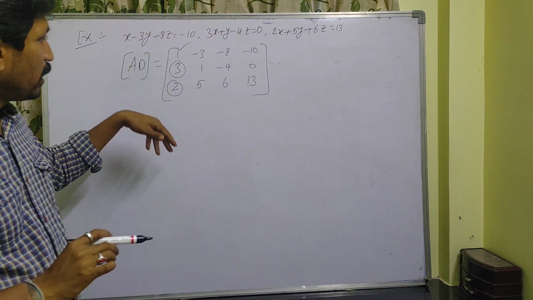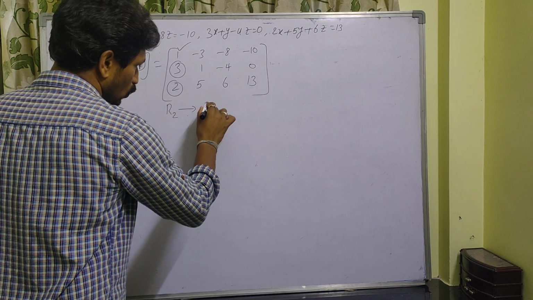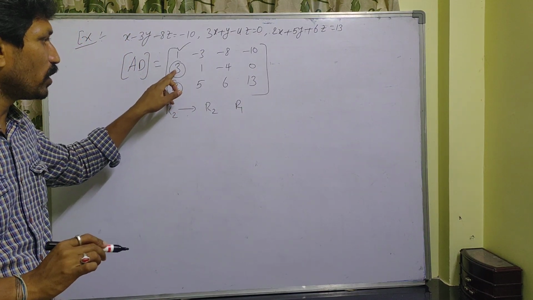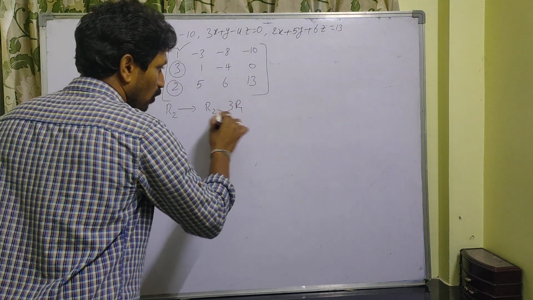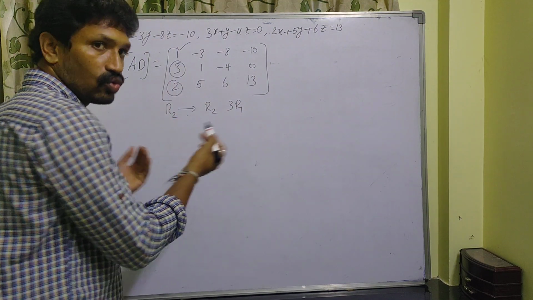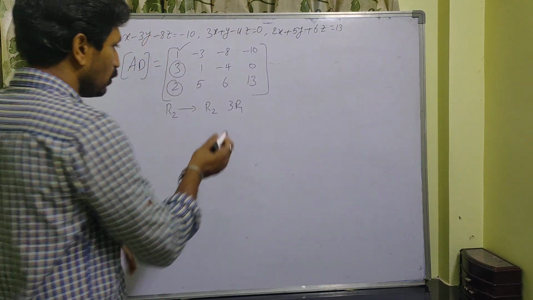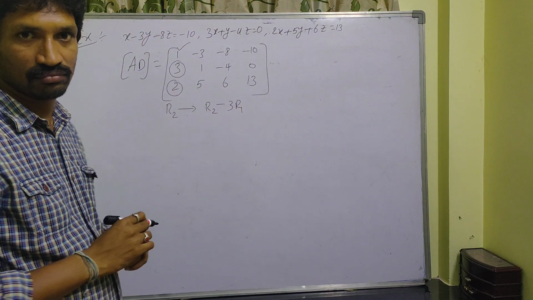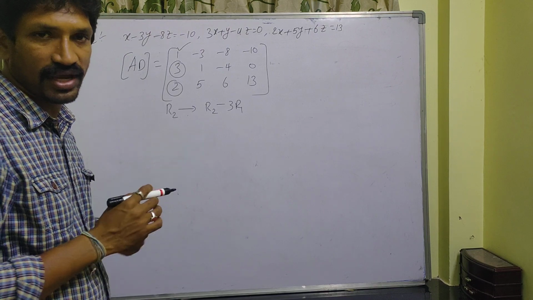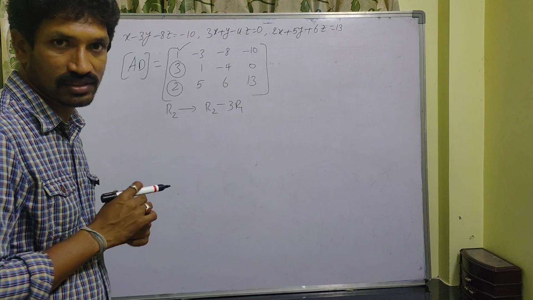Okay, see here, the second row is going to change. So write R2 and R1. Here the entry of R2 is 3, so multiply that to R1. The entry of R1 is 1, that is multiplied to R2. So 1 into R2 gives the same R2 only. Both have the same sign, so keep minus here, because if you do it like that, you make this one 0. Otherwise, you make a different number. So our intention is to make this 0, and that's why you have to do it like this.